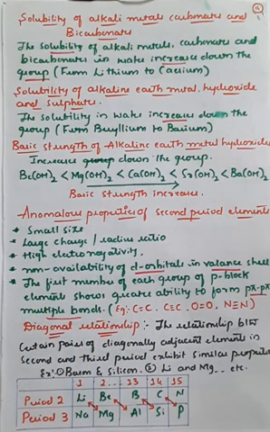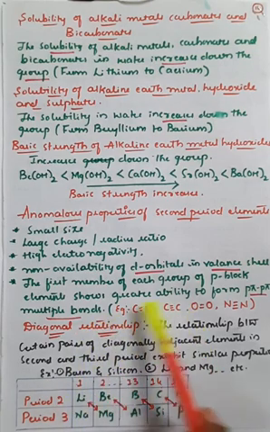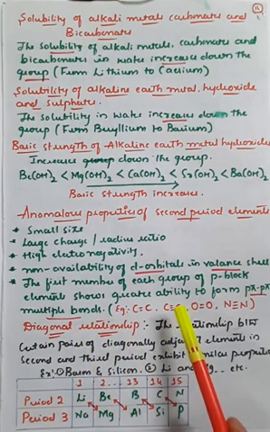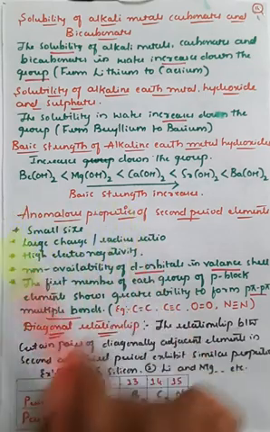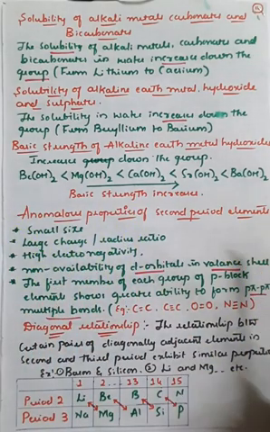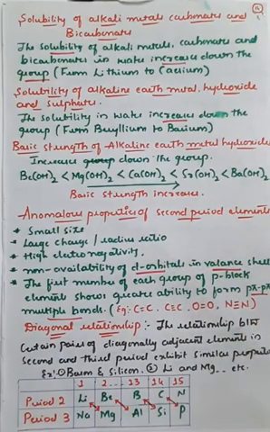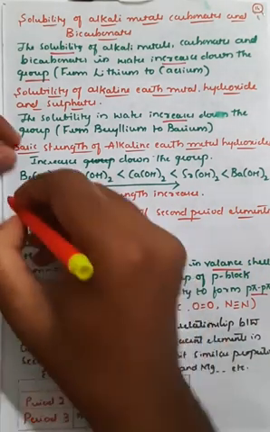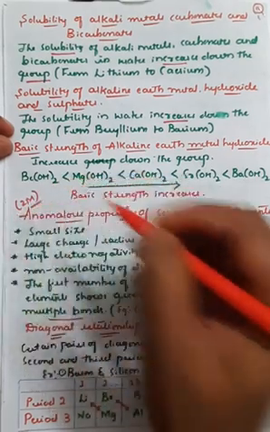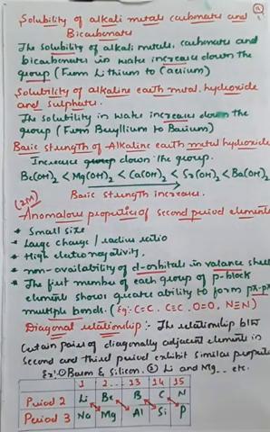The ability or power of forming a double bond or triple bond can be seen as an anomalous property, that is, a different or special property in the case of second period elements, right? So this can be asked for 2 marks. Write the anomalous properties of second period elements, they may ask, right?